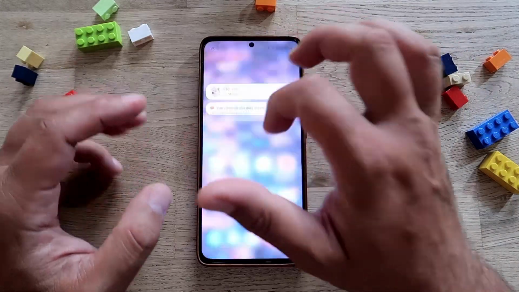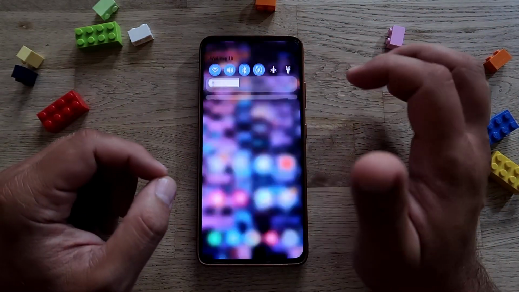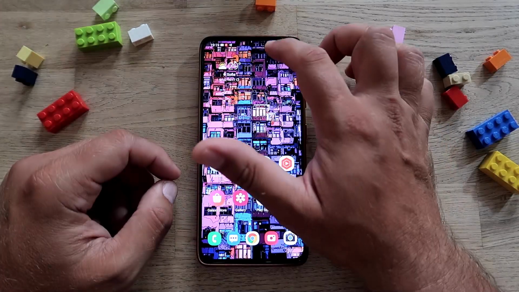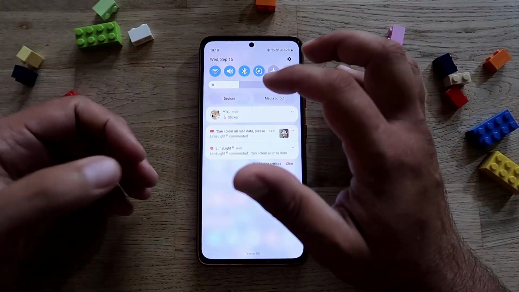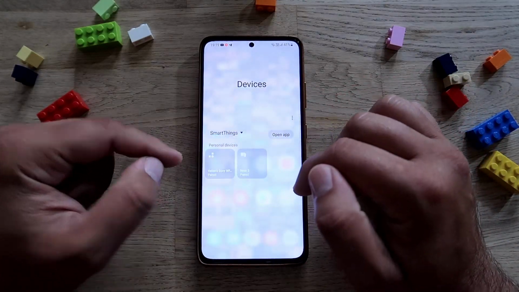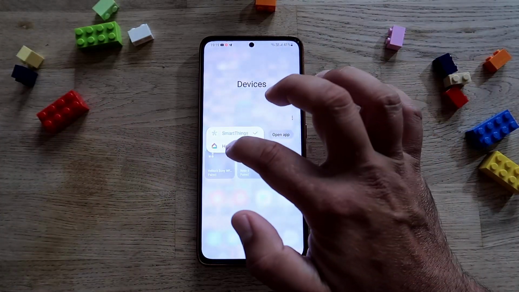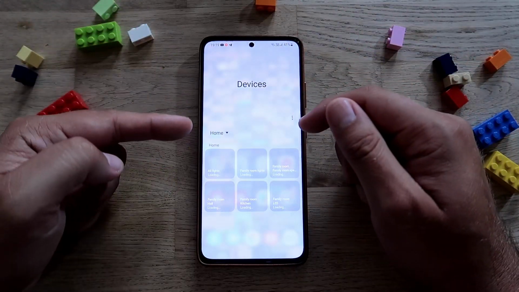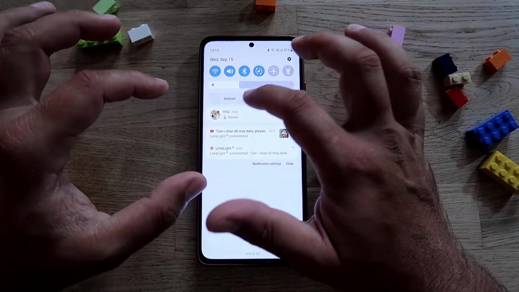Let's do one quick view. In the main settings, you have the media output, which is quite nice, and I showed this before, right? You can share it, you can also cast it on a smart device, TV, whatever. You can have here the devices, you can use Samsung SmartThings to manage your devices, but hey, why not use Google, right? You can also do this, and I think this was available also before, but right now the whole